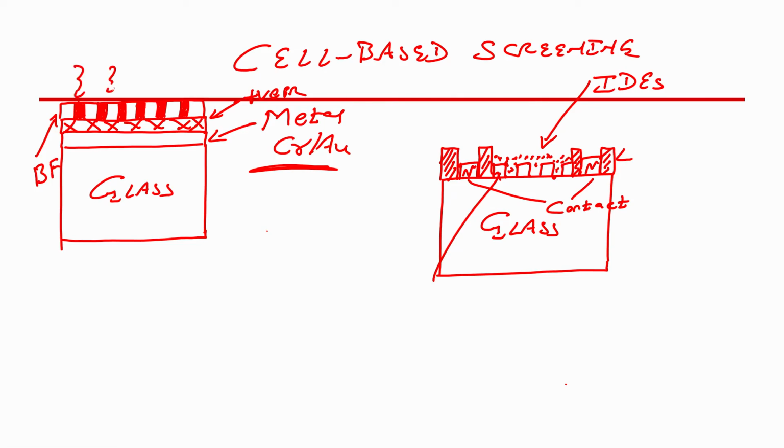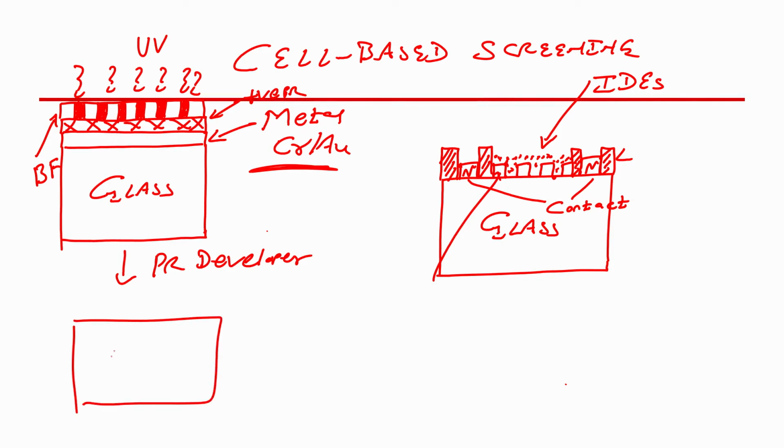Next step is exposure. Exposure with what? Exposure with UV. Next step is you will dip this wafer in photoresist developer. When you do that, what will you have? You have a glass and then you have your metal and on that you have your photoresist, right. This is glass, this is metal, this is photoresist protected in the area which was not exposed,